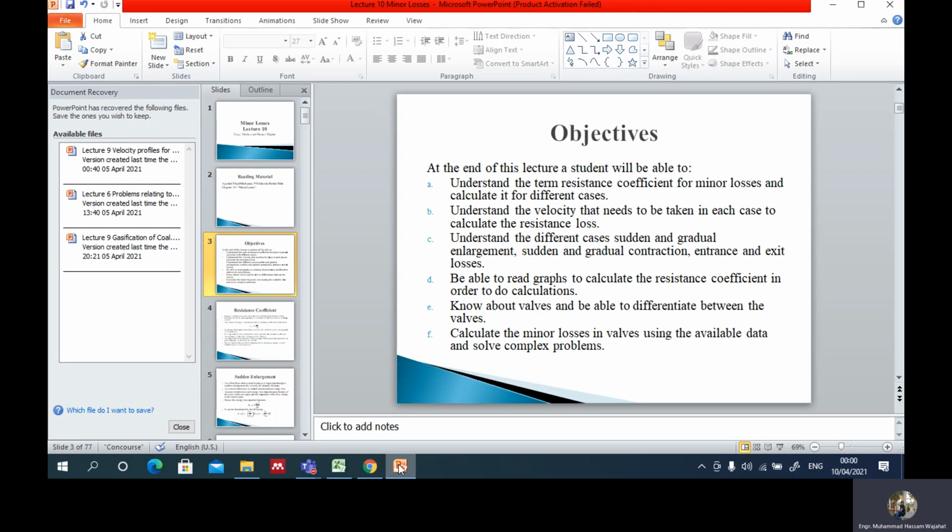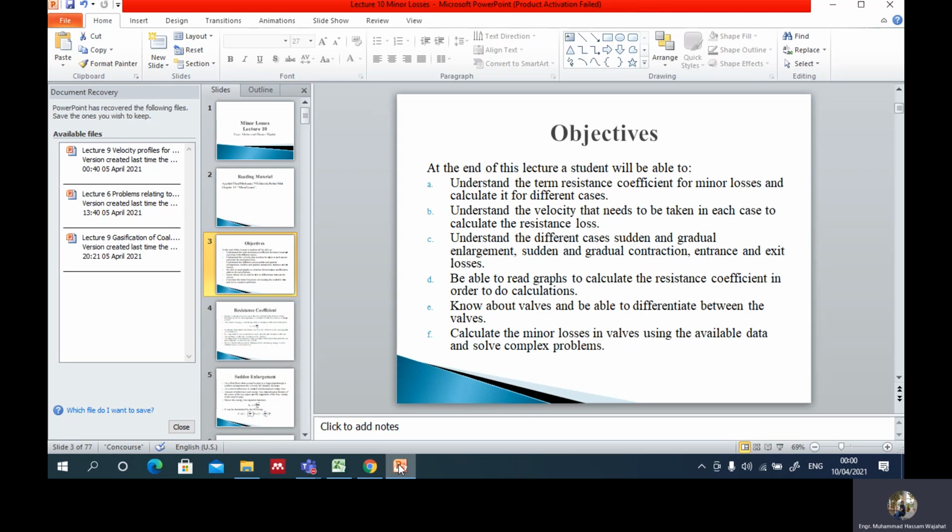देखें, chapter 7 में हमने आपको एक equation बताया था for energy losses in general. That energy losses equation was simply HL is equal to K U square upon 2G. Now this K could have been anything. It is the resistance coefficient. In the case of Darcy's law, this resistance coefficient was nothing but F multiplied by L upon D multiplied by V square upon 2G, which means that F into L upon D was the value of K.